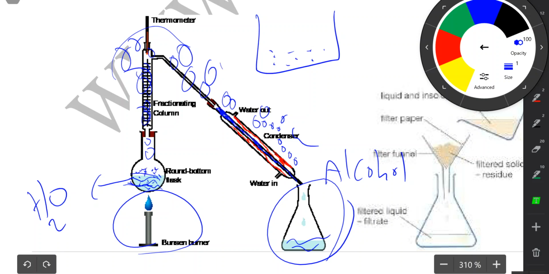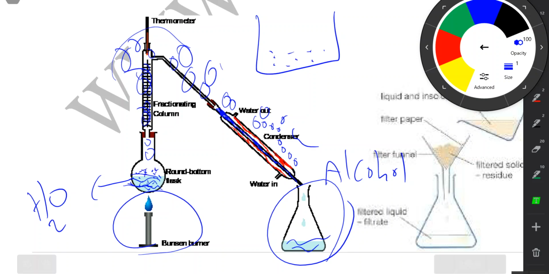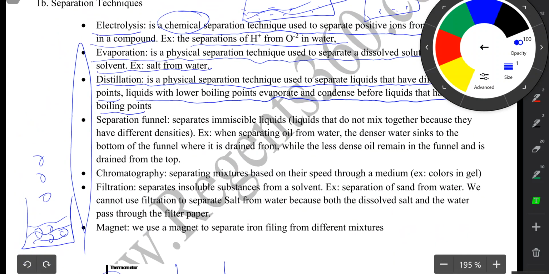All right. Separation funnel. What are immiscible liquids? They are liquids that do not mix, so when separating oil from water,